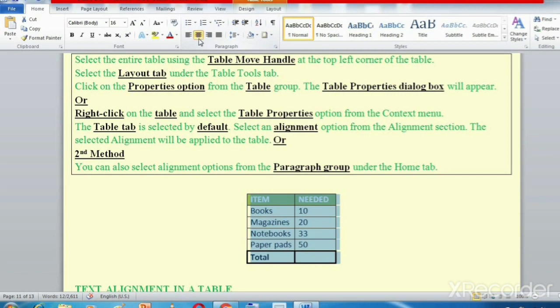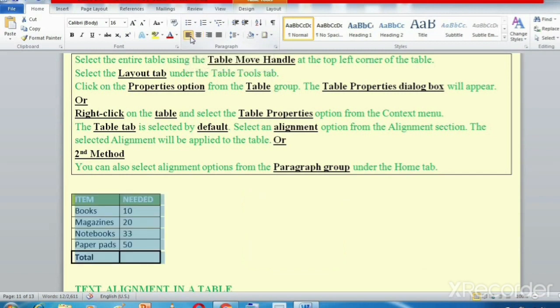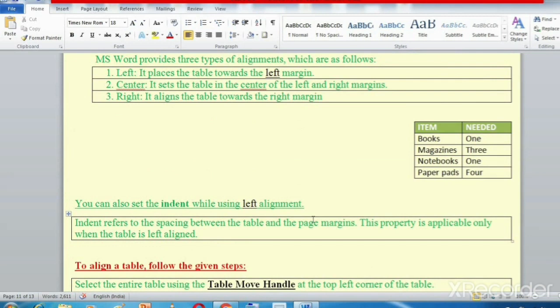Okay, and if I want, I can use the left alignment to align my table to the left hand side. Okay, isn't it very easy, students? I hope this is very easy for you, alignment of a table. Do practice this. Okay, now let's talk about the topic that we left above. One small topic that we left above was this one.